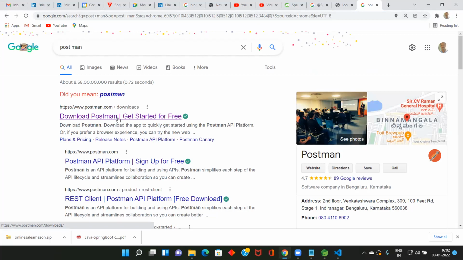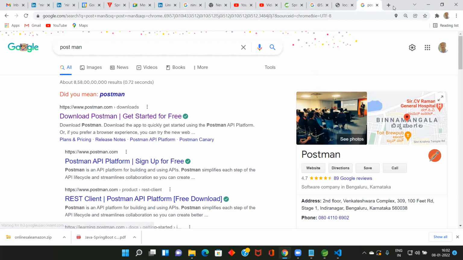What is the use of the STS tool? In the same way there is a Postman tool. So instead of the browser, during our development, we will use this Postman tool to send the request and to view the request, that is, to call our RESTful web services and to send the details to RESTful web services. It does the work of a browser.